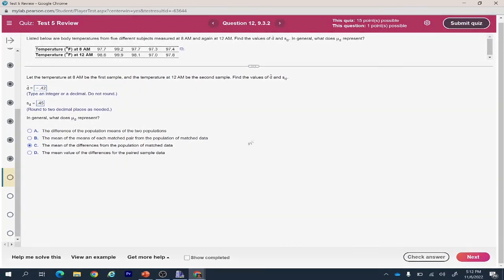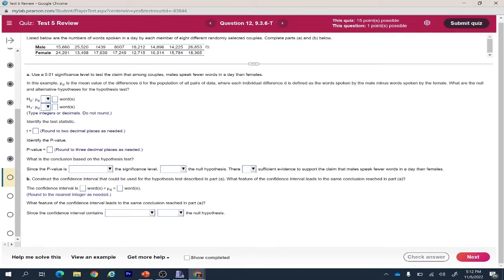Let's go to the next problem, problem 12. Okay, so again, one more time, two different types of data, and we need to find the difference between them, the d value. Listed below are the numbers of words spoken in a day by each member of 8 different randomly selected couples. Complete parts A and B. Use a 0.01 significance level to test the claim that among couples, males speak fewer words in a day than females. In this example, mu d is the mean value of the differences d for the population of all pairs of data, where each individual difference d is defined as the words spoken by the male minus